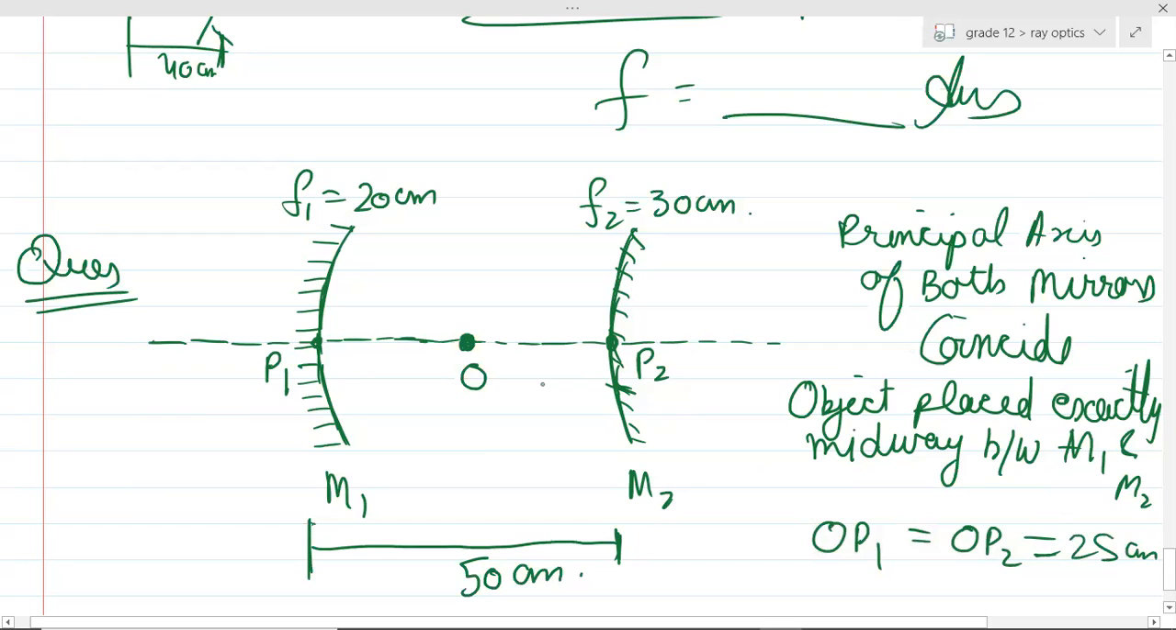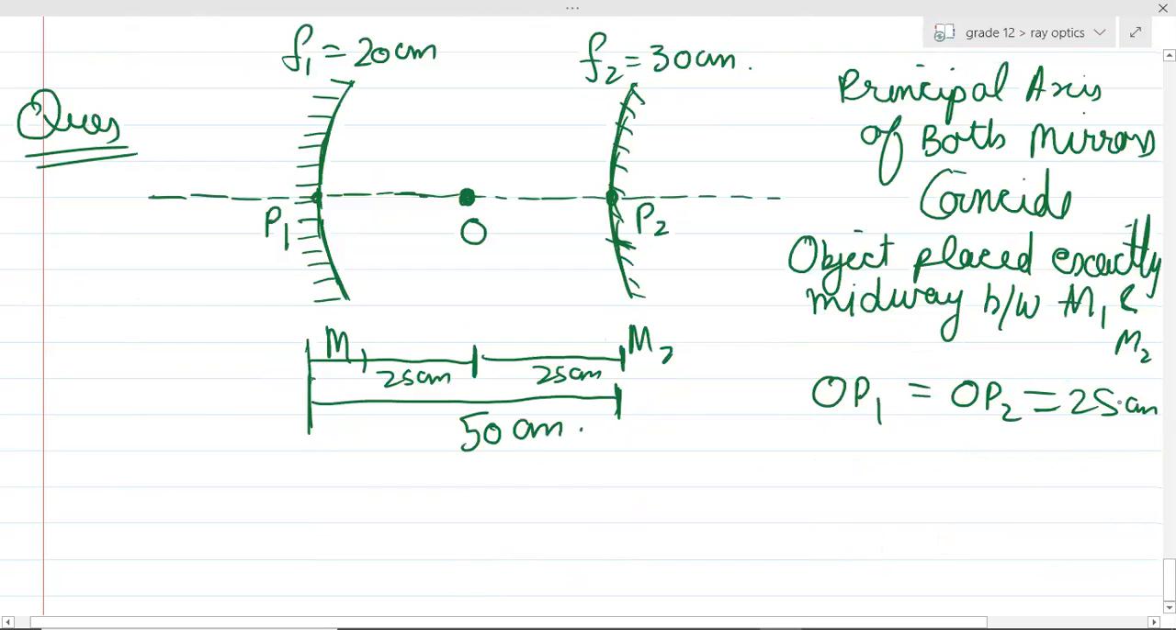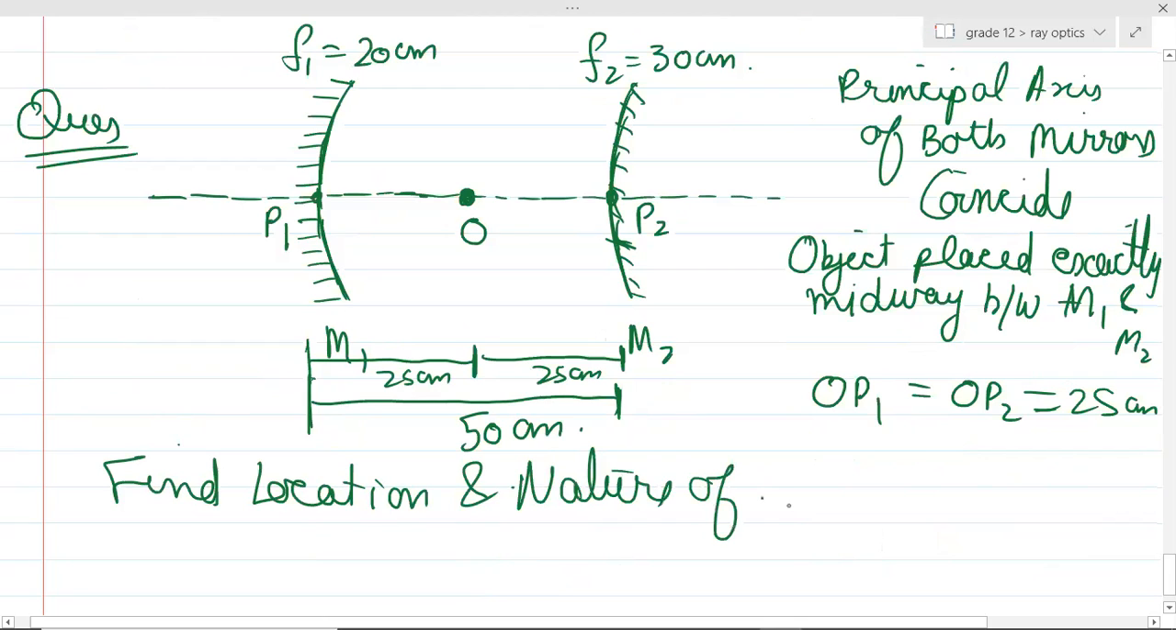25 centimeter, right? Is the question clear till here? Now find the location and nature of its image, the nature of the image formed